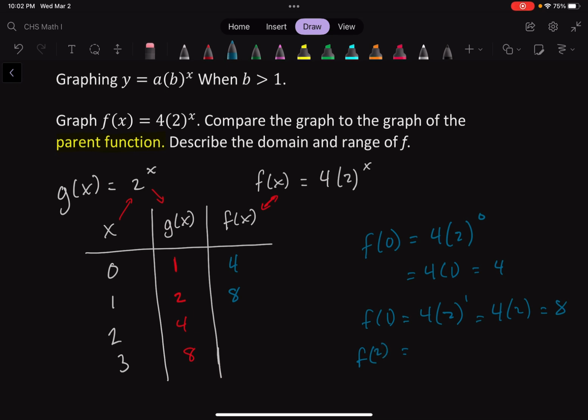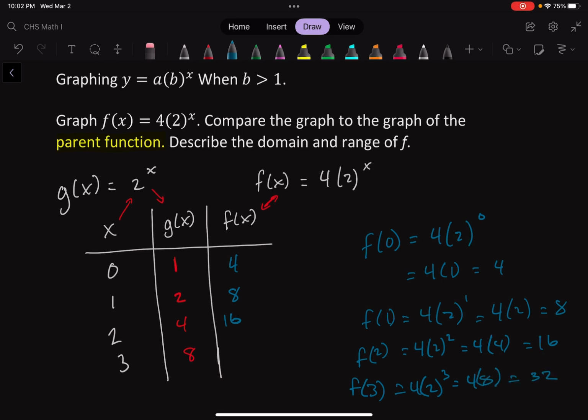When x is 2, I'm going to plug in 2 whenever we see an x. So 2 squared we said was 4, so 4 times 4 would be 16. Same thing here. F of 3 is 4 times 2 to the third power, that would be 4 times 8,